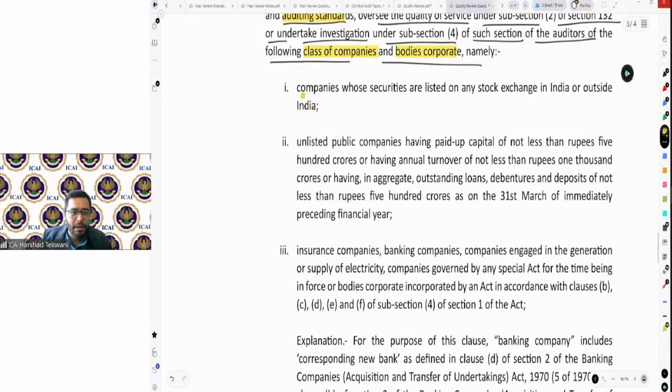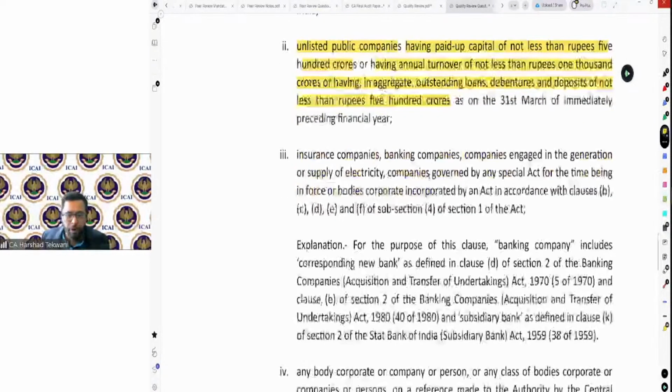So which companies are there? Companies whose securities are listed on stock exchange, unlisted public companies having paid up capital not less than 500 crores or having annual turnover not less than 1000 crores or aggregate loan or deposit not less than 500 crores, insurance, banking, companies engaged in generation of electricity, okay, or any companies governed by any special act,